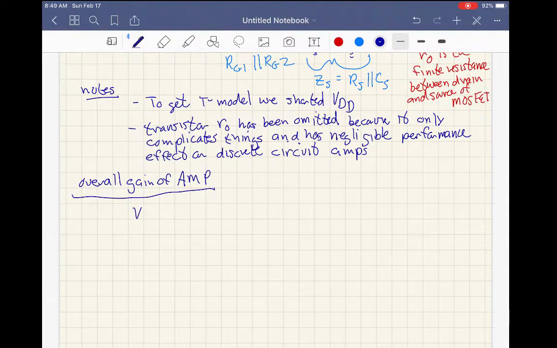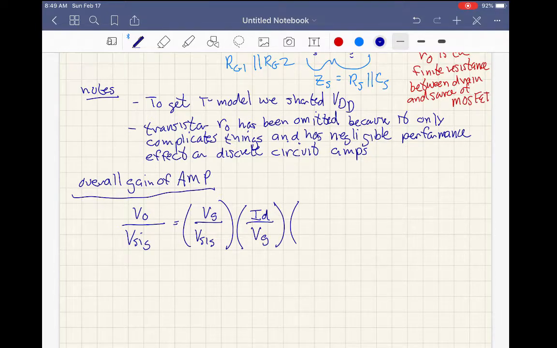So we can say VO over VSIG is equal to VG over VSIG times ID over VG times VO over ID. Okay, and again, this is T-model stuff. I'll do this in red. We can say where